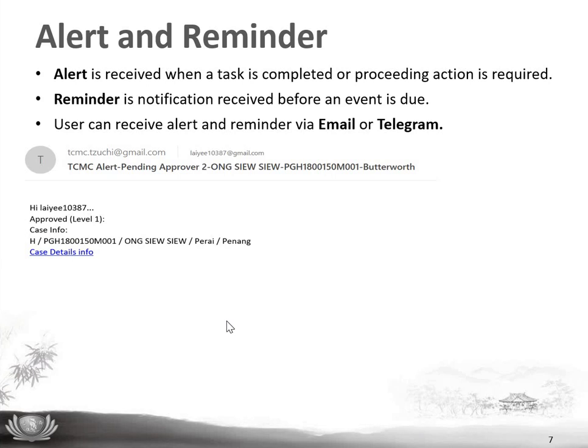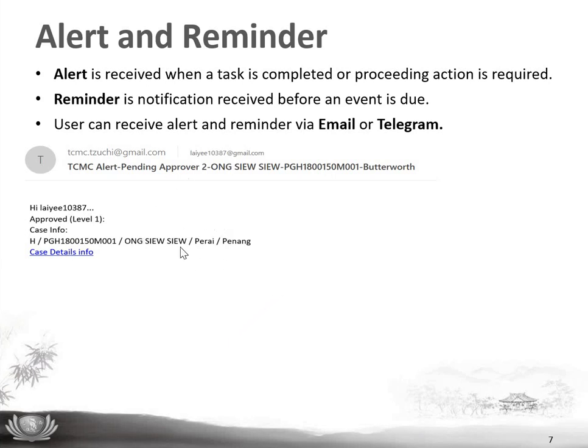These details are maintained in the system based on the information provided during the TIMA membership registration. If you do have an updated email address or you are using Telegram apps or messaging apps, you may inform Tzu-Chi medical admin to make sure it is updated into the system accordingly.